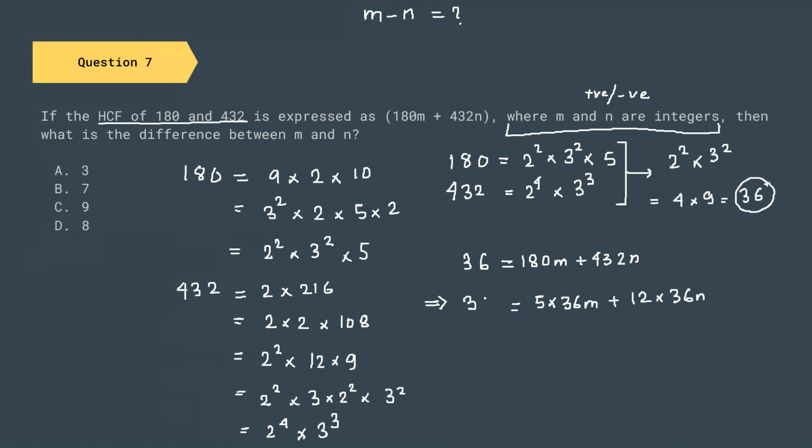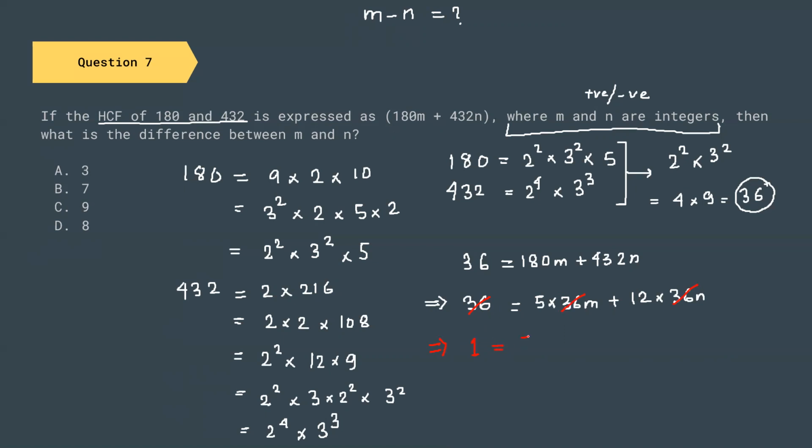And on the left hand side, we already have 36. So we are going to divide 36 from both the left hand side and right hand side. This is eliminated, and this is eliminated, and this is eliminated. So the final equation that we are left with is 1. Do not write 0 here. Never, never make this mistake. We have divided the left hand side and we have divided the right hand side. So you are going to get 1 on the left hand side rather than 0. Do not write 0 by mistake here. Your question will be wrong.